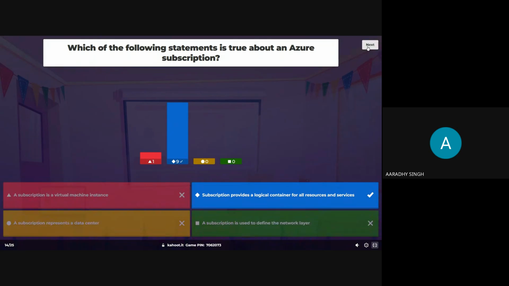So guys, someone selected virtual machine. An Azure subscription is not a virtual machine. It is just a logical container where all your resources and services will reside.